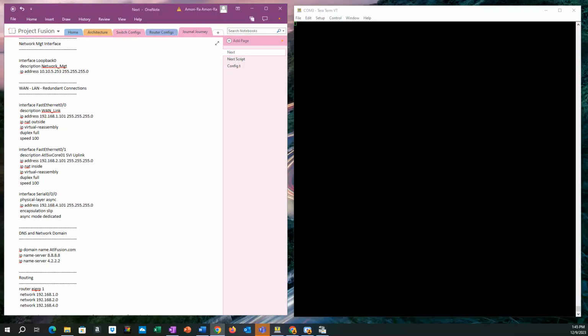Let's continue configuring our first router in this network project, and we're going to continue by adding configuration for the network management interface, WAN, LAN, and redundant connections, as well as DNS, the network domain, and routing. As always, we first began by scripting our configuration,